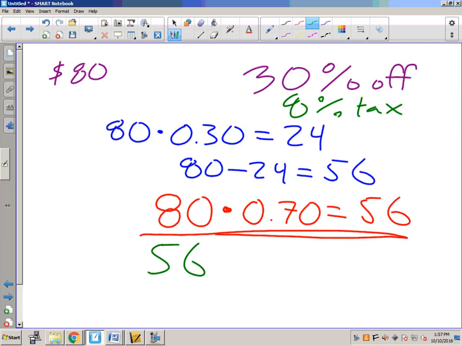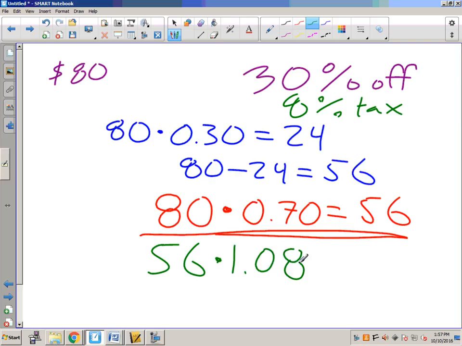Give me a number that I could multiply 56 by. I don't care what the tax is. I just want to know what the final price is. Give me a single number I could multiply 56 by to figure out what my final price would be after paying my 8% tax. 1.08. 1.08